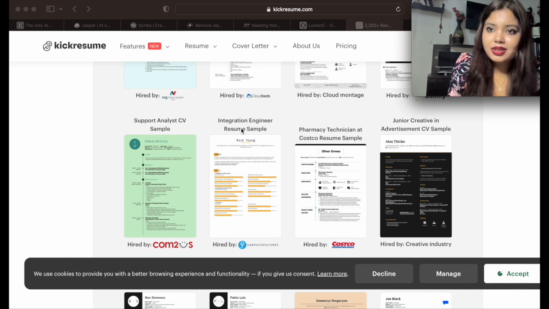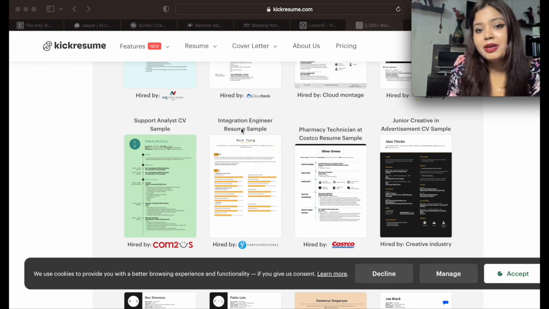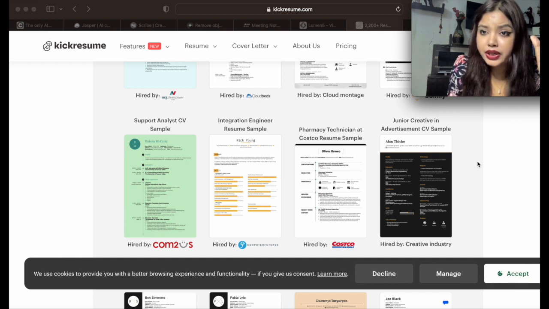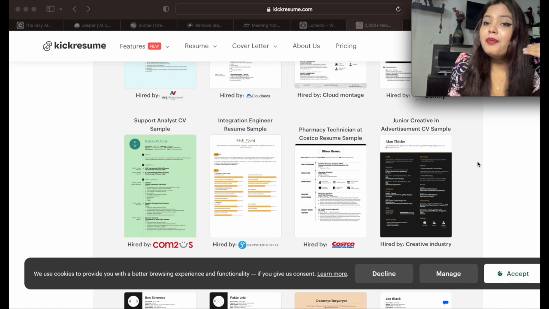So guys, trust me, I believe this is one of the best applications or tools, where you are getting so many formats. And those are also very high level, very impressive resumes that you can use. Their templates are very good. So if you have not yet created your resume, or if you want to upgrade your resume, go and use this website.